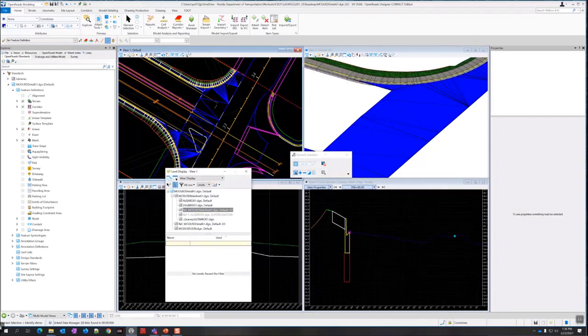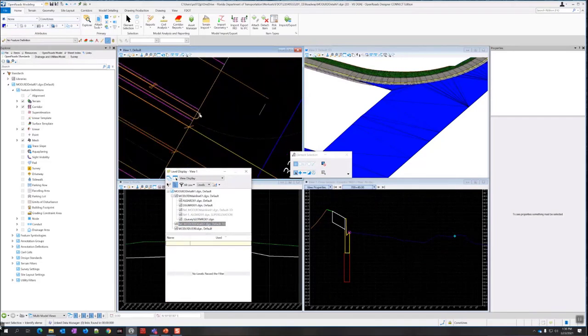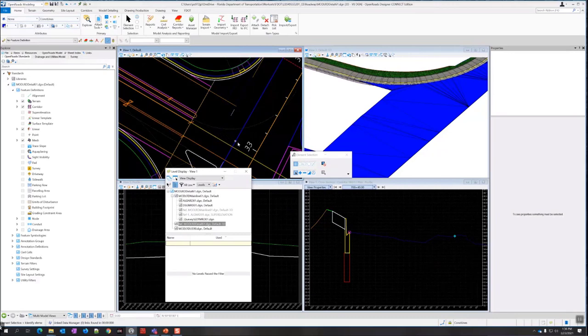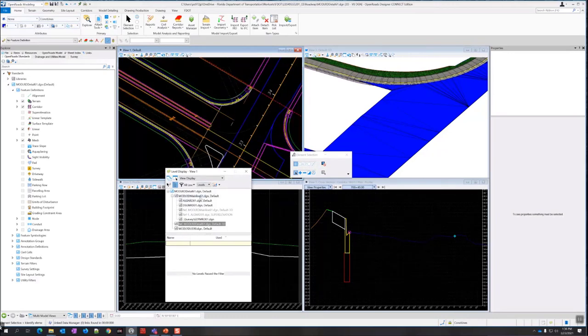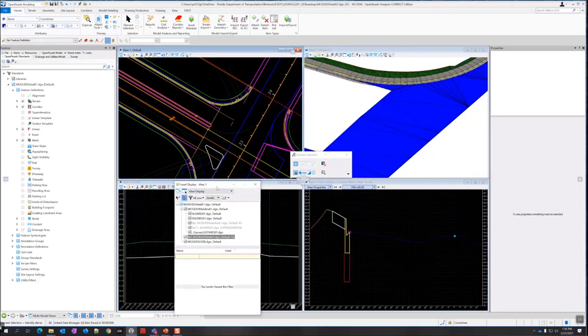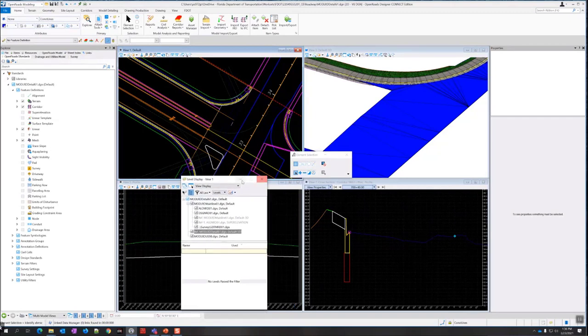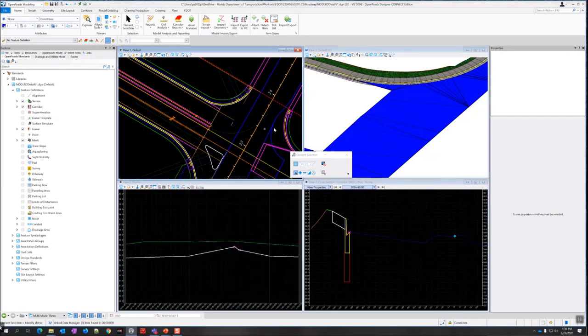And you've got to, of course, make sure your view one's active for doing this. I don't need the 3D. I don't need the own 3D view. I don't want to see the terrain model over here. So I'm going to turn that display off. And so I've got my traffic separator nose, so I can snap to that. And basically I can come across. I've got my alignment, so if I want to make sure it's parallel to that, I can. So that's great. So I'm going to close out level display.